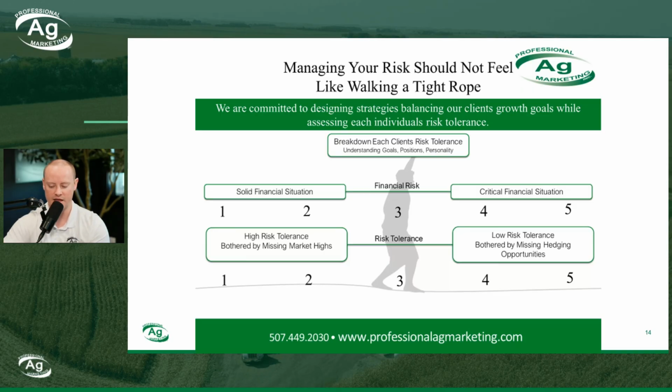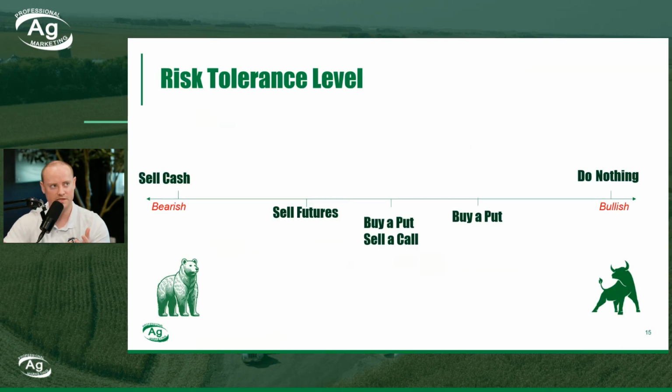Once you decide that, that'll help tailor what opportunity is best for your business. And this graphic, I think, illustrates how intrusive strategies can be. On the left is going to be the most bearish thing you can do, and on the right is going to be the most bullish thing you can do.